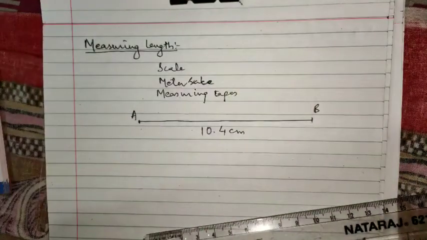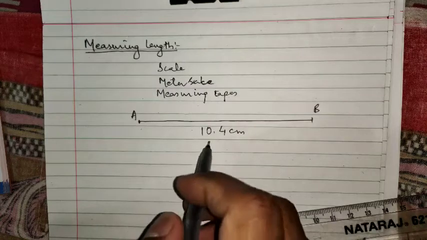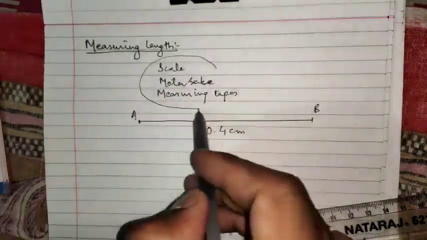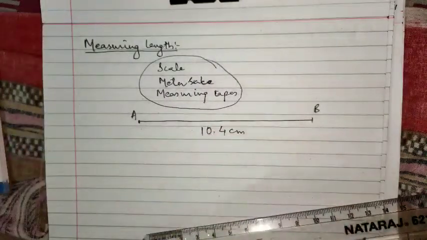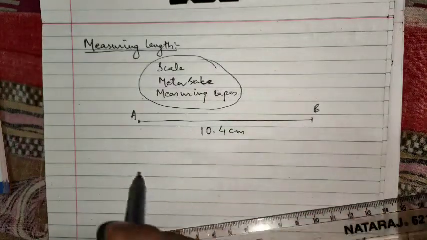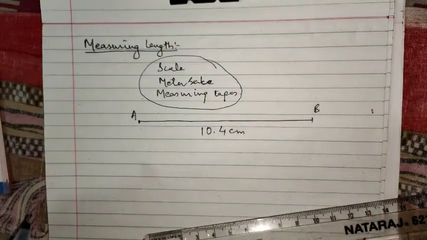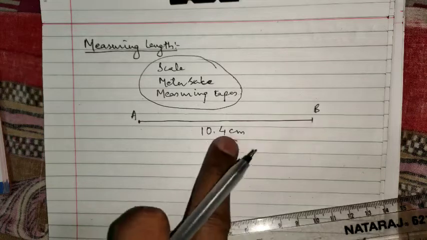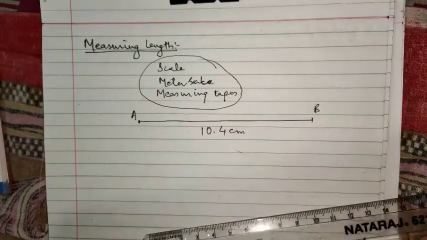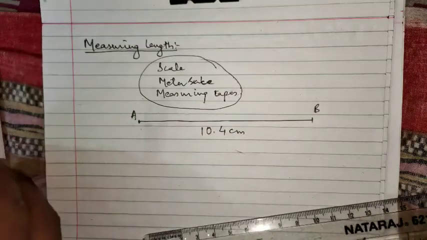This is the process for measuring length, and we can use these instruments for measuring the length of any object, any line. Suppose we want to measure the distance between two cities, then how can we measure? We have to use measuring devices like the speedometer, which is fixed in a motorcycle or car. These are the measuring devices.